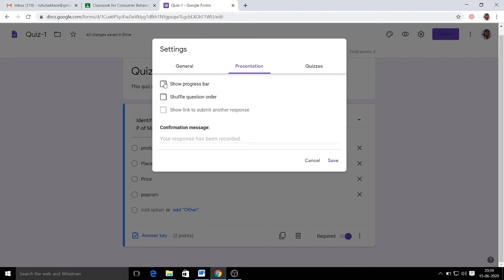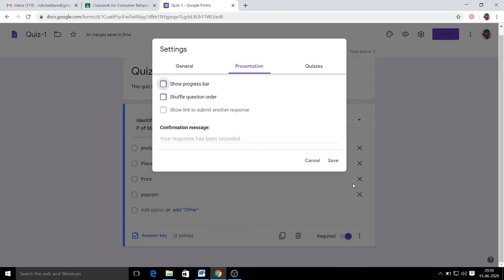And in case you want to show him the progress of his answers, correct options, or whatever quiz he has appeared for, you can click over here so that a bar chart will appear which will show him to what extent he has performed, whether he has scored 40% marks, 50% marks, likewise, or else you can skip this part as well.